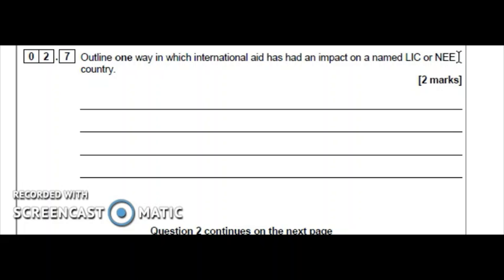Potentially you could use the example of the Democratic Republic of Congo and their president Mobutu, who asked the World Bank for $4 billion of aid to improve his country, but obviously he decided that that money would be better spent on him building palaces in jungles, buying Mercedes-Benz cars, and taking shopping trips to Paris. So ideally, probably best focus on Nigeria, but either of those 2 answers will be fine for 2 marks.